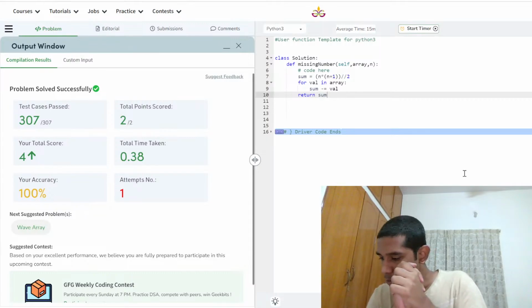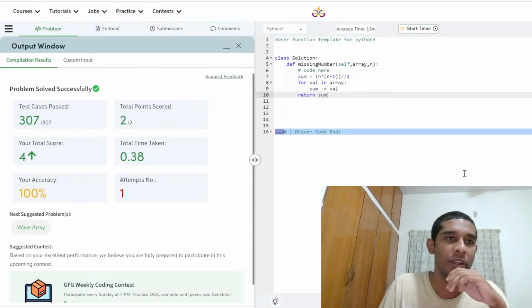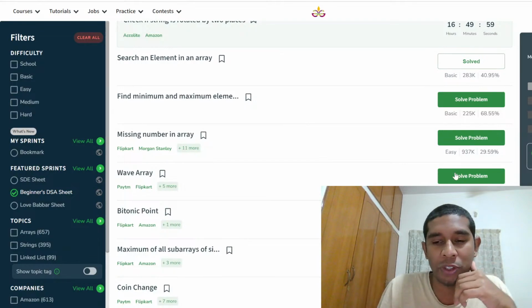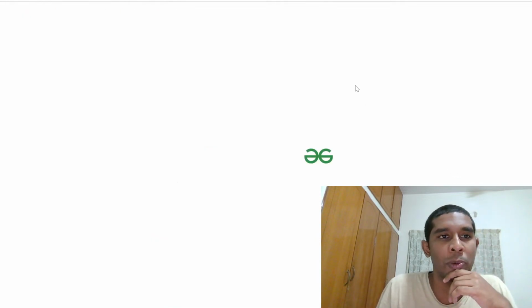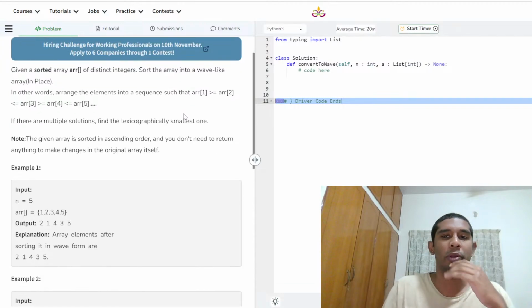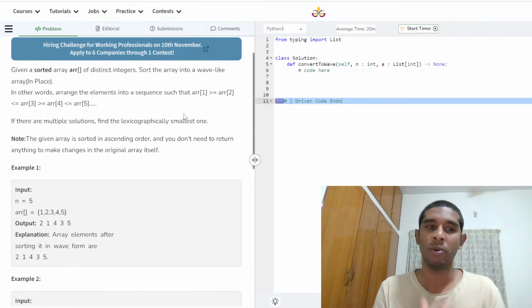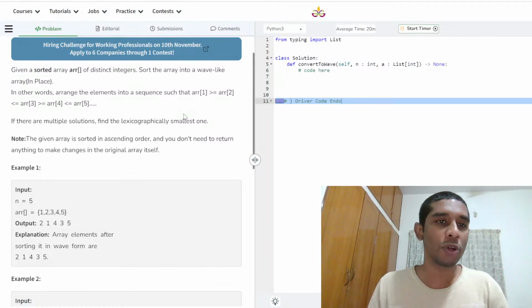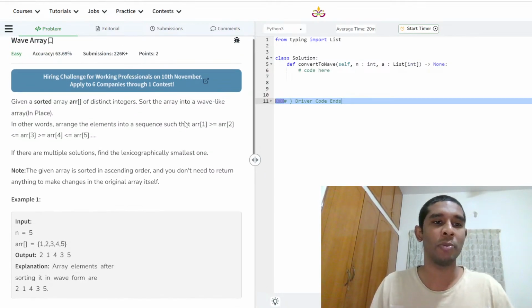Perfect. So now let's move on to the third problem. That is the wave, fourth problem, sorry for today, which is the wave problem, right? So, okay, let's again, our trick remains the same. Whenever we encounter a new problem, we basically look at the problem, try to understand what it's talking about, what should